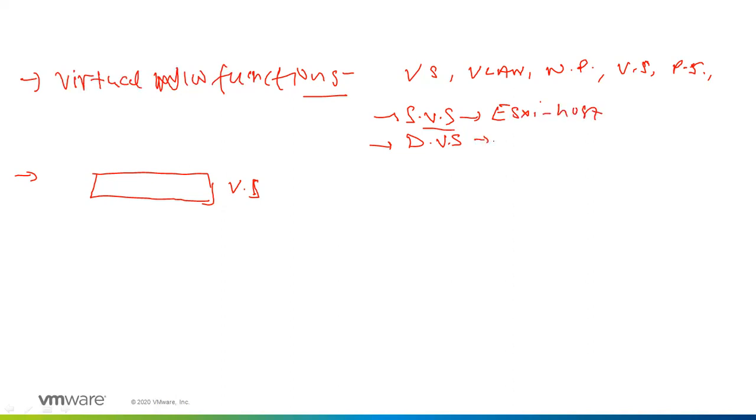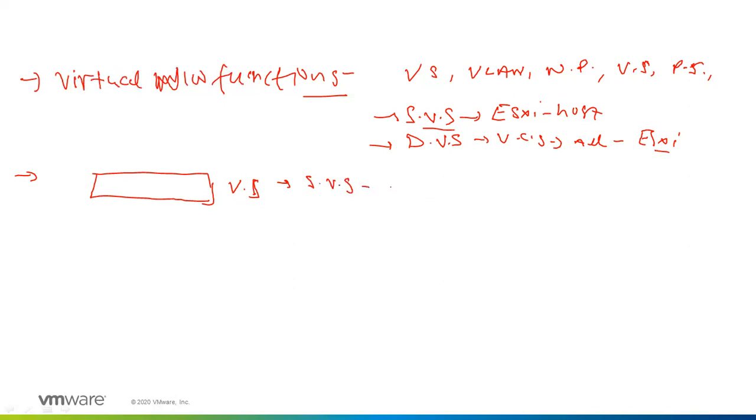and DVS is something we do at the vCenter level, and these settings will automatically be reflected to all available ESXi hosts participating in the DVS, distributed virtual switch, or sometimes we say vSphere distributed switch also. That's what we have covered in class, the major differences. But further, let's talk primarily about the standard virtual switch,